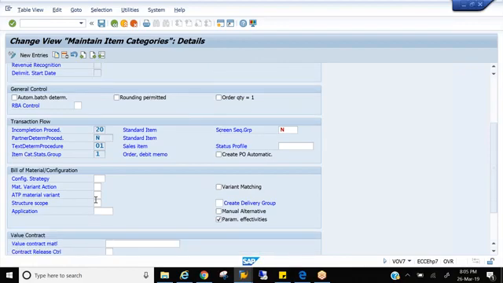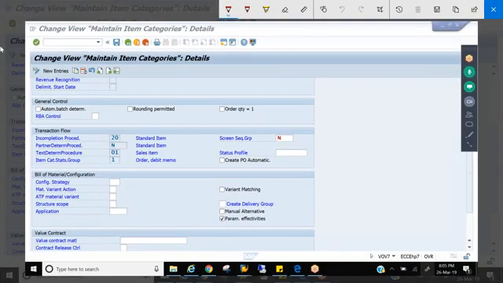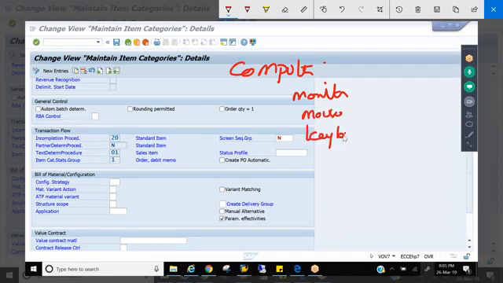Then next is structure scope. This field structure scope is applicable for the BOM scenario, the bill of materials. Let's say we create a material computer and this has components: monitor, mouse, keyboard, and CPU. But what is CPU?